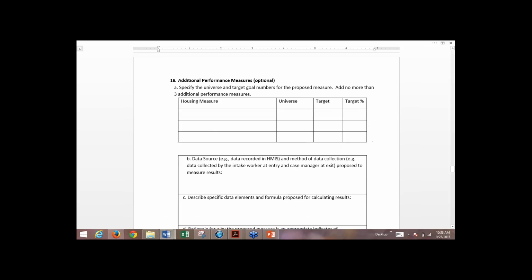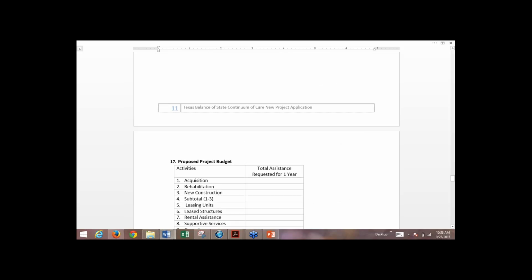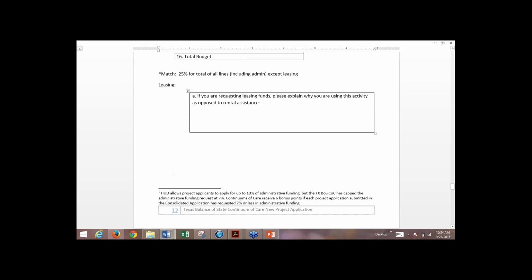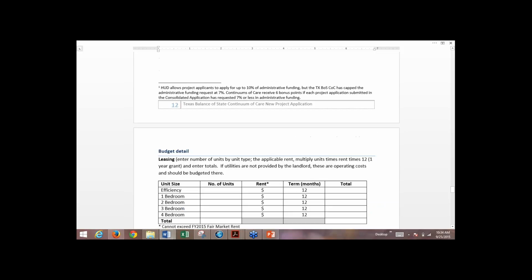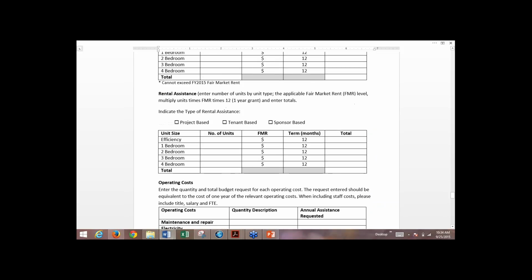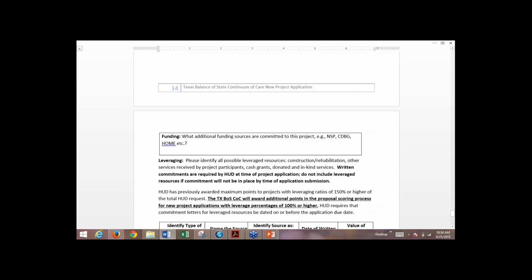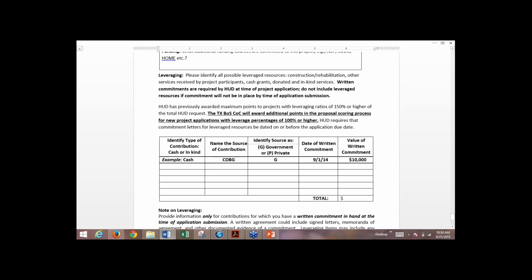Similarly, HUD has a completely different set of instructions for how to fill out the budgets within the project applications. And again, Caitlin will show you that when we show you the resources. Then you will be talking some about match, and there's your budget detail, a little bit about leverage,